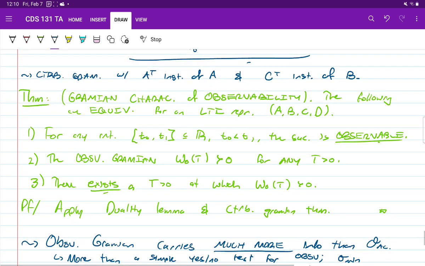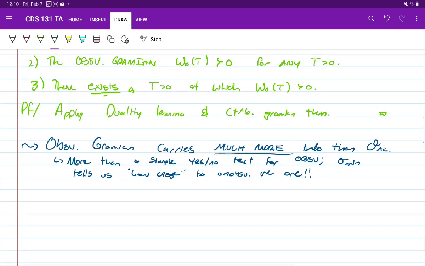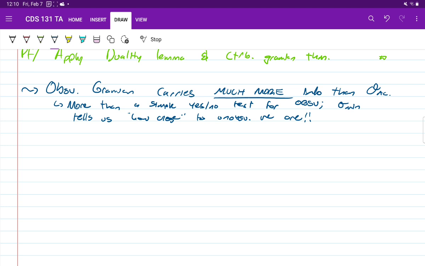So before we move on and talk about some system decompositions that have to do with observability, I want to talk really briefly about how we can compute this observability Gramian with a Lyapunov equation. Remember, in the case of the controllability Gramian, we said that due to the form of the controllability Gramian in the infinite horizon case, we can directly compute it using a continuous time Lyapunov equation. Now I just want to say that we do the same thing for the observability case.